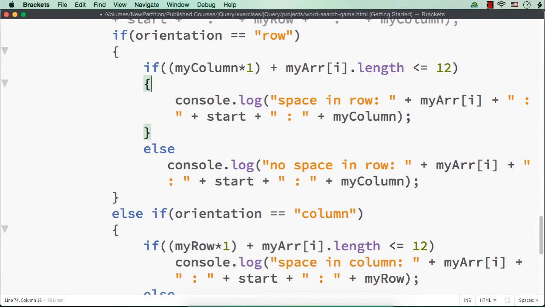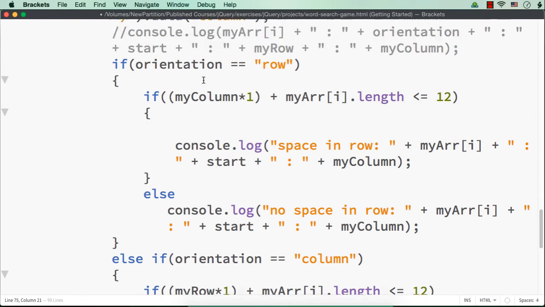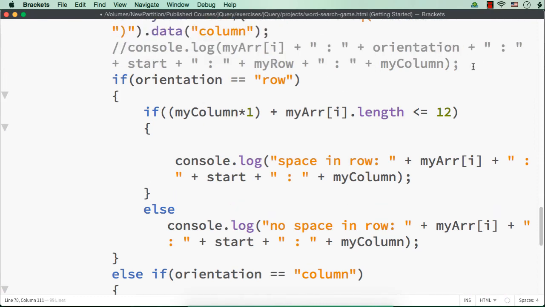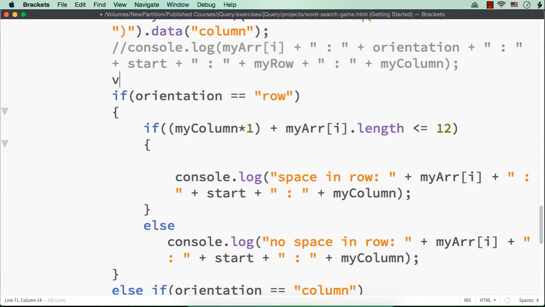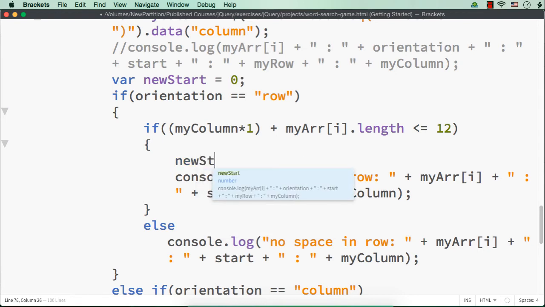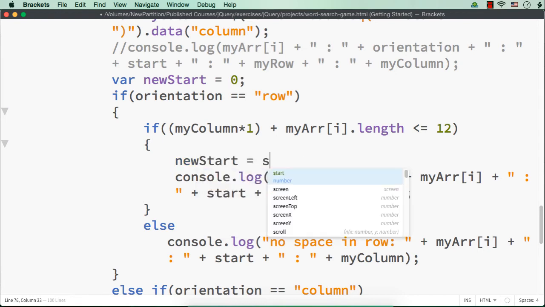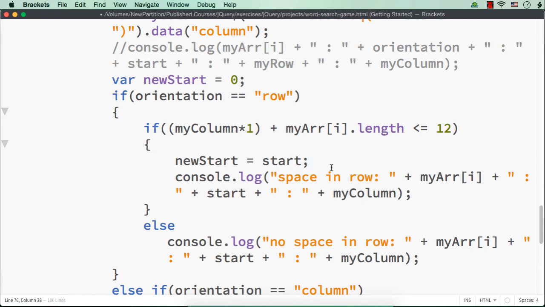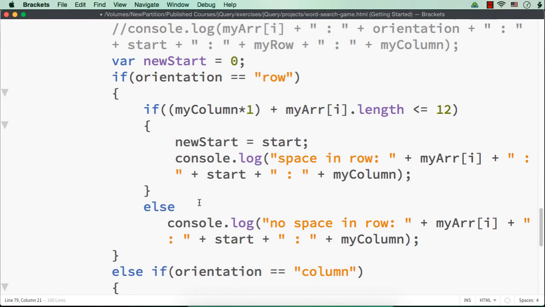So here, let me have a new start variable, where new start equals 0, and here I'm going to assign new start equal to start itself, right? In this case we don't have to make any adjustments because there is enough space. Now in the else part,